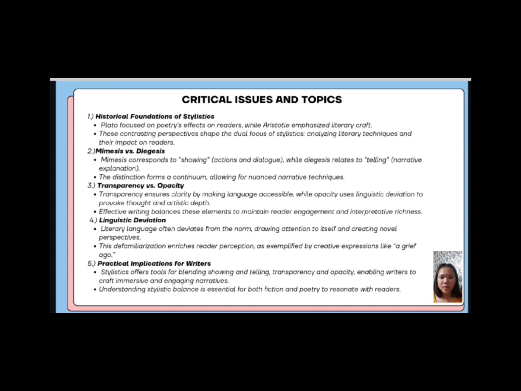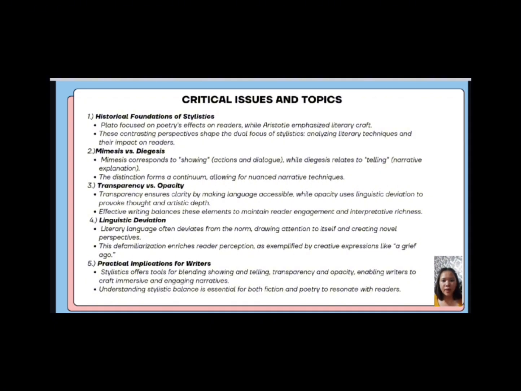Mimesis and diegesis. The distinction between showing and telling is a cornerstone of modern creative writing. Mimesis immerses readers by allowing them to infer meaning from characters' actions or dialogue, while diegesis provides direct explanations. The continuum between these modes offers flexibility for writers to shape their narratives according to their goals. For instance, fast-paced scenes might rely on diegesis to maintain momentum, while emotional climaxes benefit from mimesis to heighten readers'